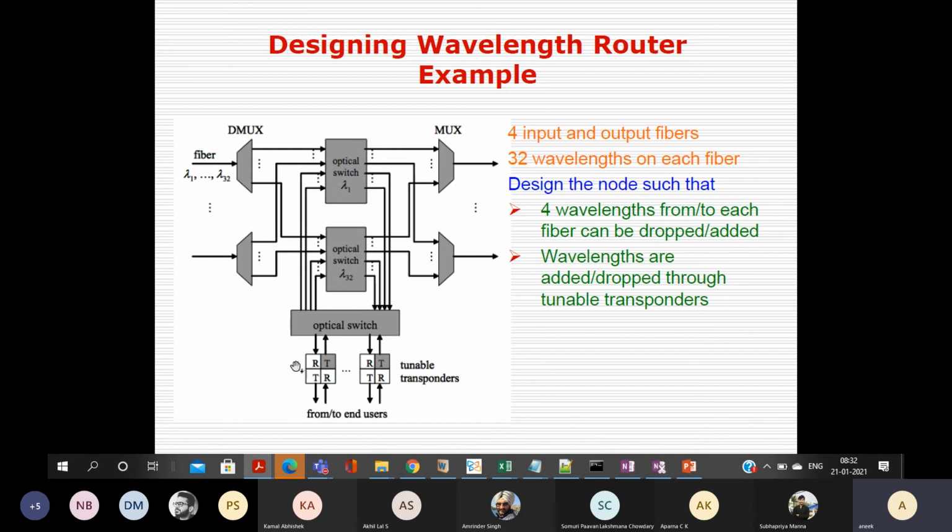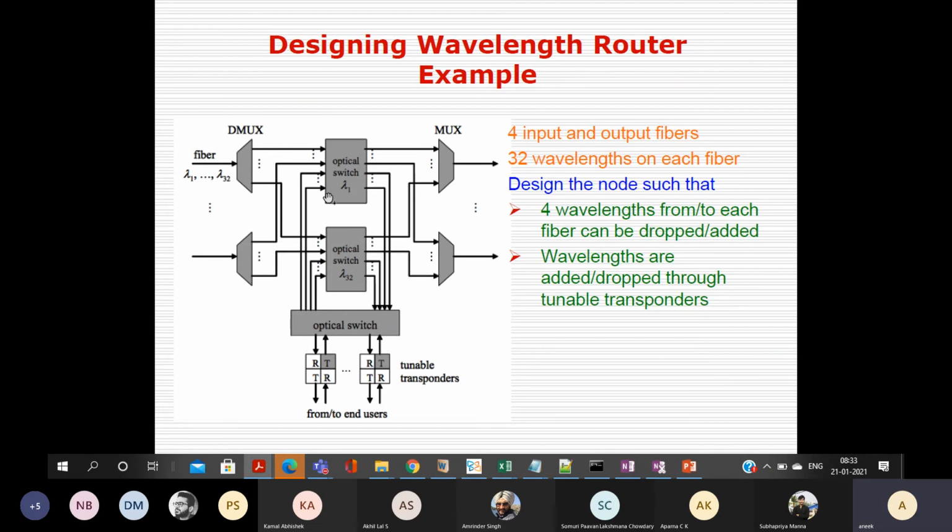You can generate 4 λ1s, and since you have 4 fibers, you don't require more than 4 λ1 wavelengths, because in one fiber you cannot put 2 λ1. Since you have 4 outgoing fibers, you will require only 4 λ1 signals.